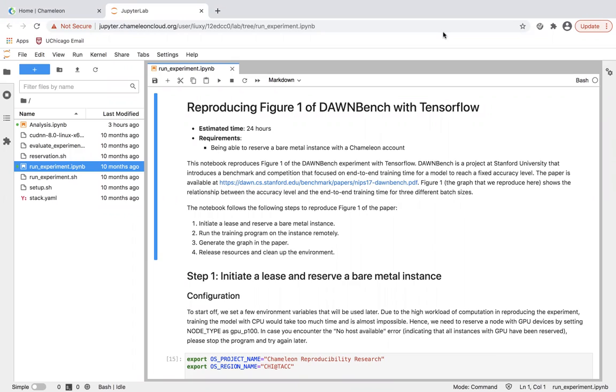Today, I will first briefly explain the DAWNBench project and then talk about how I reproduced the experiments with Chameleon. So DAWNBench is a benchmark and competition that focused on end-to-end training time instead of traditional benchmarks such as data throughput. And it tries to